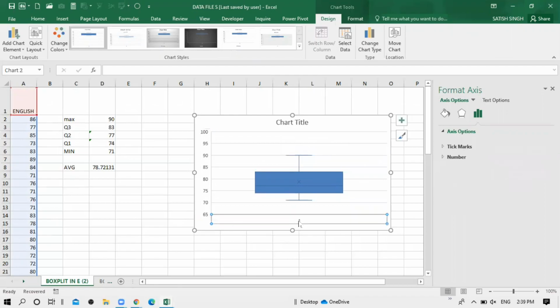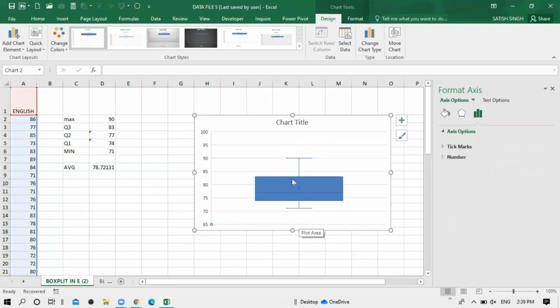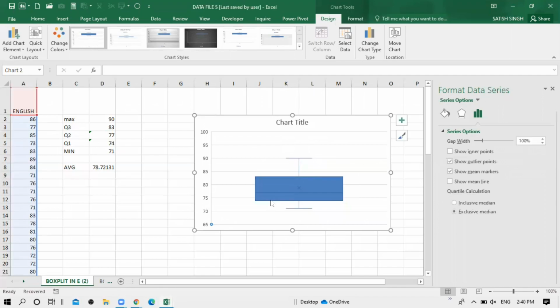And then we can delete the title, or you can write whatsoever you want to write. And then next, what are these numbers? What does it show? This is the highest point. If you take the cursor, it tells you this is the third quartile on the top, and this is the second quartile, showing how the data set is divided. And this is this value.